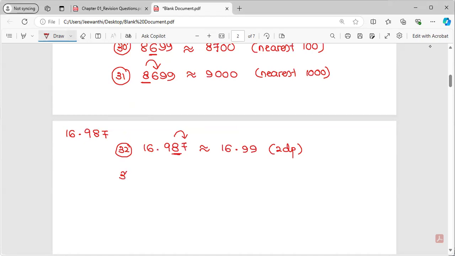So question number 33, we want to correct the same number to the first decimal place. Let's see what happened. This is the first decimal place, and we look at the next number. It is more than 5. That means we want to add 1. To where do we need to add 1? To the underlined number. So then that becomes 10, and we put 0, and the rest will be